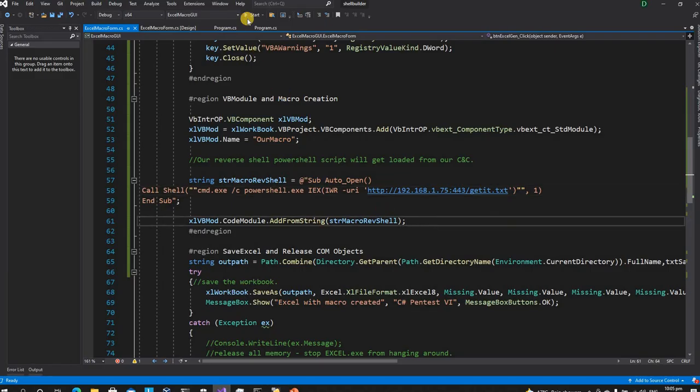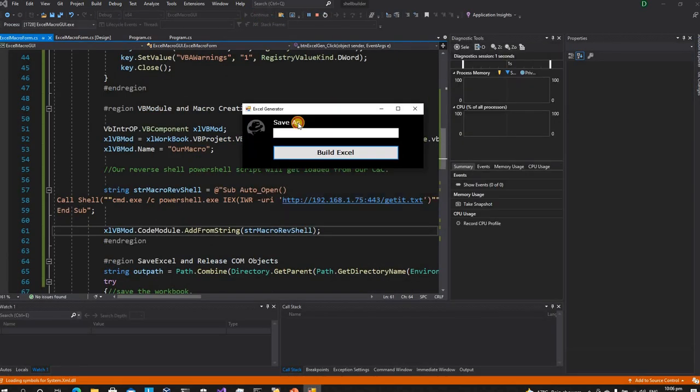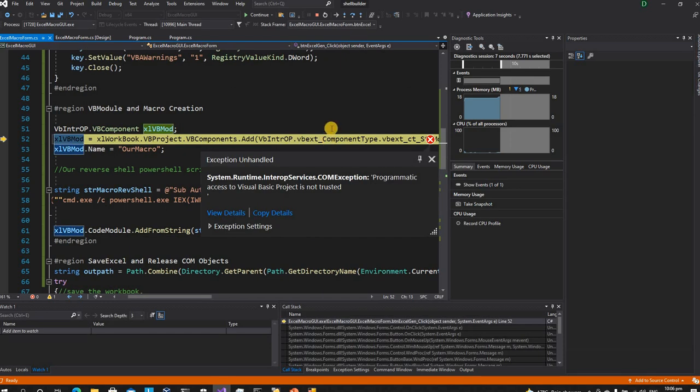Now let me go to this application and start it. Just going to XLS test, saying build Excel. Yeah, this was the error I was referring to. It says runtime interrupt service exception. It won't allow programmatic access to the Visual Basic project. If anyone knows what exactly this error is and how to resolve it properly, please comment on the video